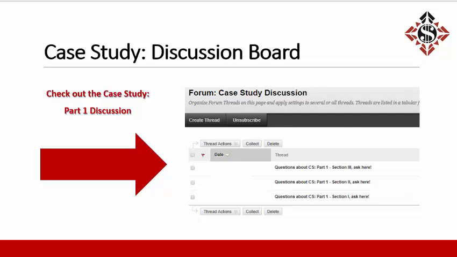Each section has its own thread, so you click on that thread and ask your question there. The bottom is for Section 1, the middle is for Section 2, and the top is for Section 3. This is a great opportunity to ask your peers, and if you know the answer, guide your peers in the right direction. What does this mean? This is not meant for you to share your answers or calculations. It's just a place you can go to ask questions and get guidance.